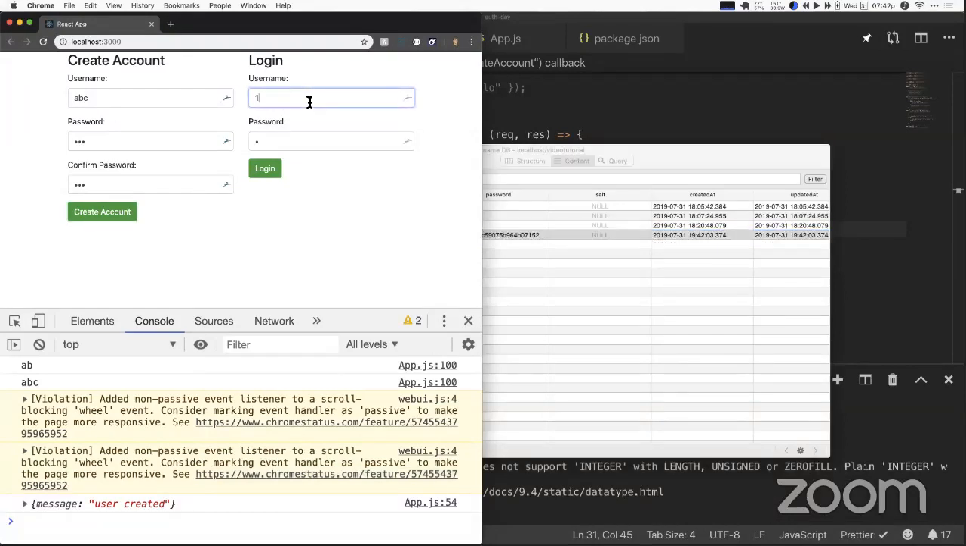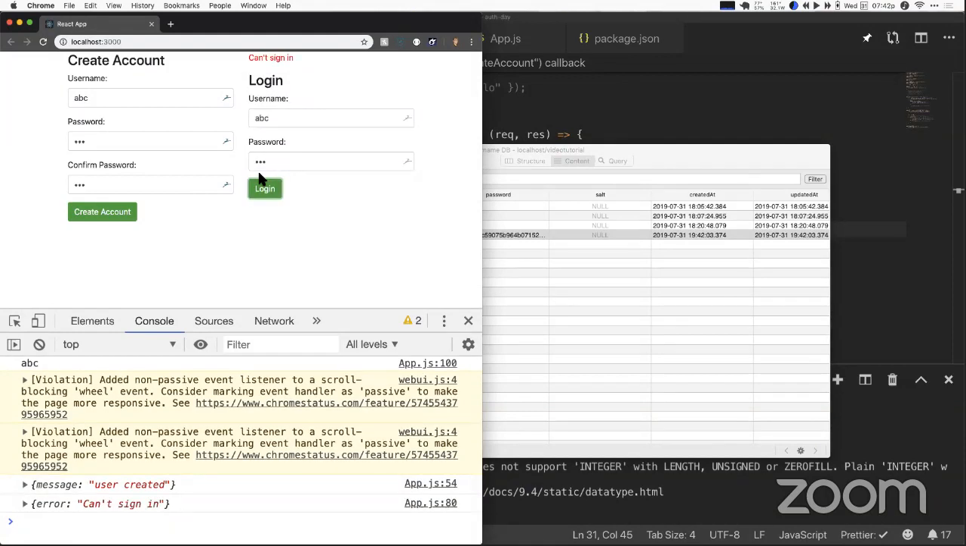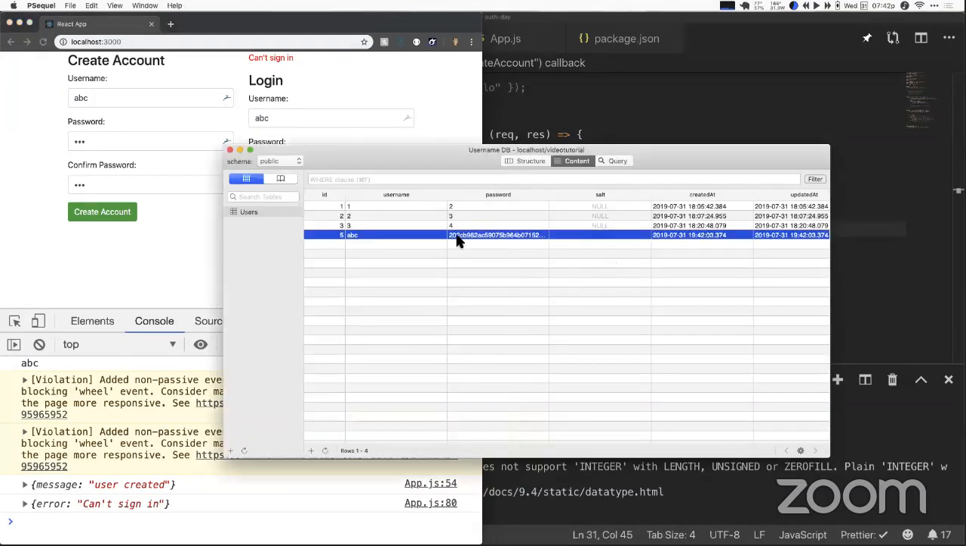So I'm going to go back here. I'm going to type in ABC as my username. I'm going to type in 1, 2, 3 as my password, and I get can't sign in. Okay, well, we hashed it going into the database and saving it in the database, but now we're pulling it out, and our code is going 1, 2, 3, 1, 2, 3 doesn't equal 202CB96, blah, blah, blah. So